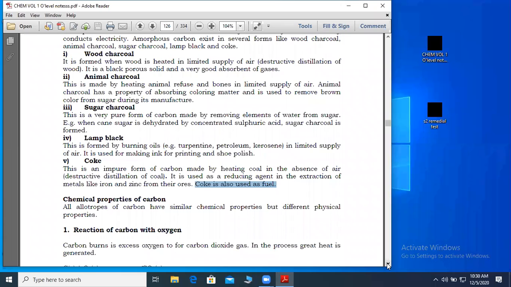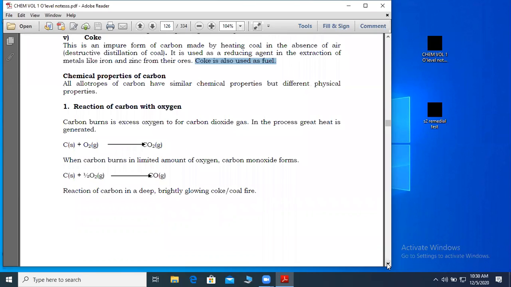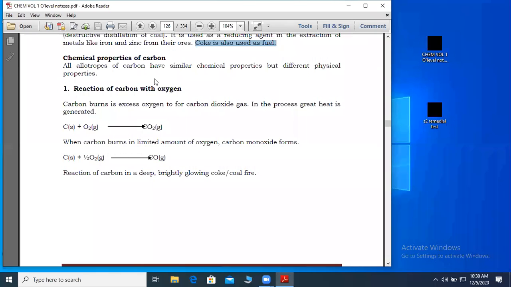Chemical properties of carbon. How does carbon react in oxygen? I expect all of us to be remembering this. Do you remember in senior one when I told you that when carbon burns in oxygen, it can burn under two situations? Number one, oxygen may be in excess, and number two, oxygen may be limited. Oxygen may be in excess and oxygen may be limited. In excess oxygen,